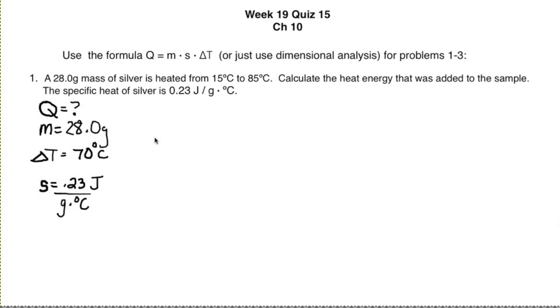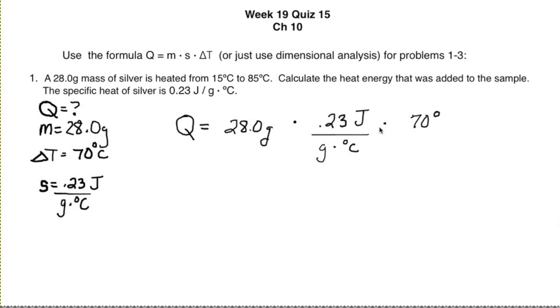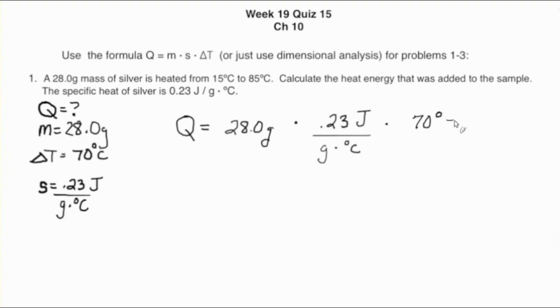Okay, so we just take those numbers and plug them into our formula. Q equals 28 grams times specific heat, which is 0.23 joules per gram per degree C, times 70 degrees. And when we punch those numbers in, equals